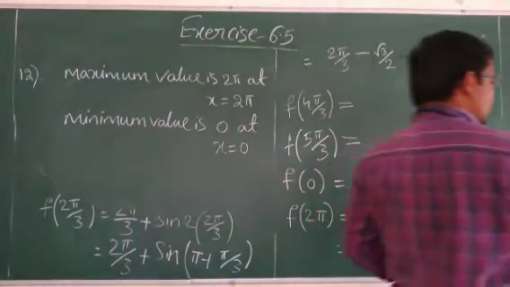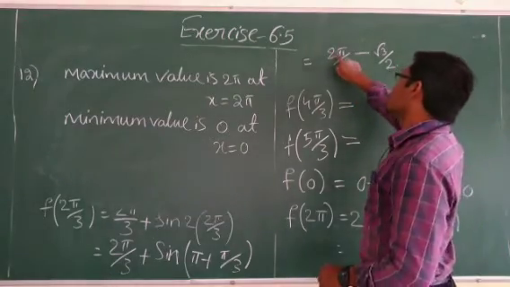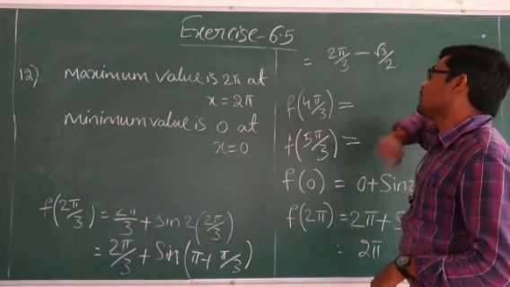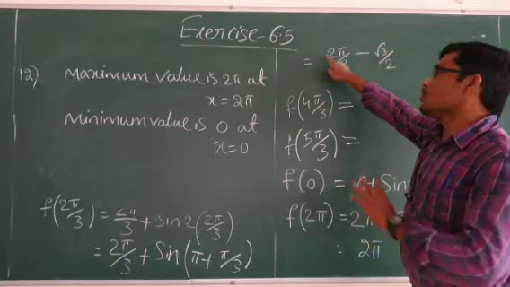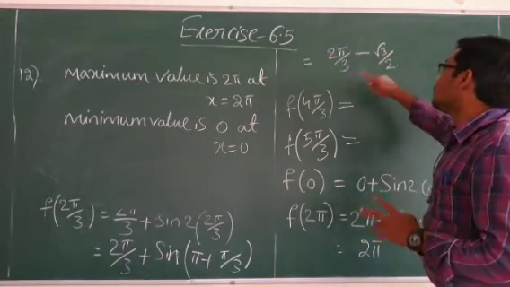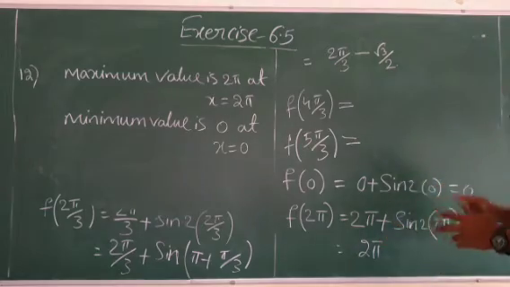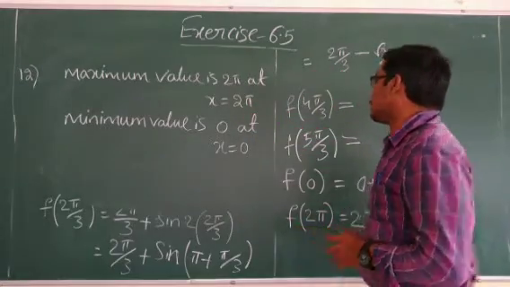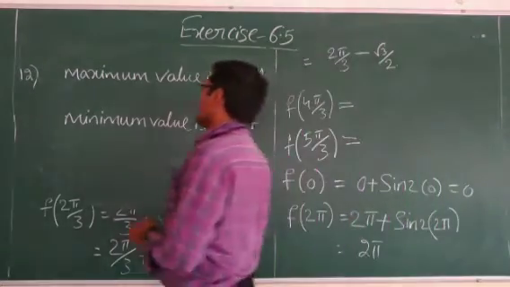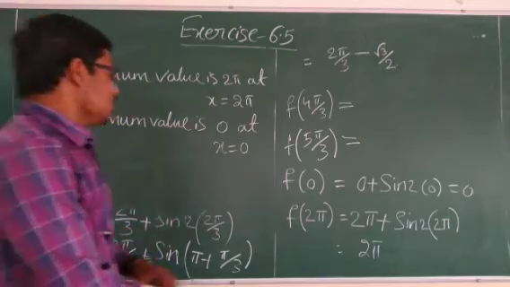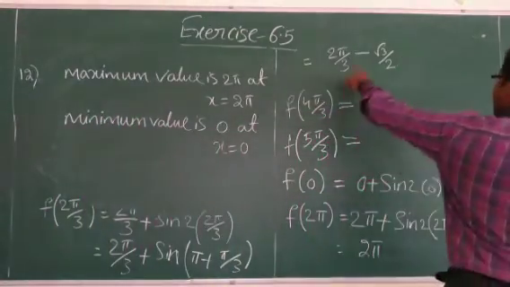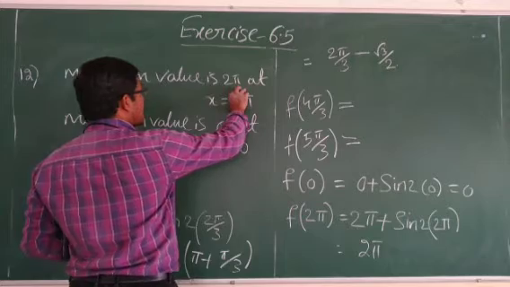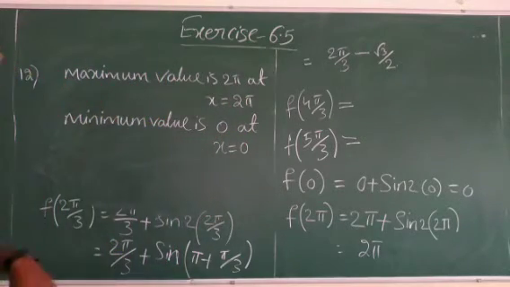If you get doubts, you can actually substitute the values. You can substitute pi equal to 3.14, which is nearly equal to 3. So you can consider this as 2 minus root 3 by 2, where you get 4 minus root 3 by 2. You can see which is less than this, which is less than the 2 pi value, and 0 is the minimum value that you can get here. So once you substitute the values and take pi equal to approximately 3.14, then you can see this value will become the maximum value and 0 is the minimum value.